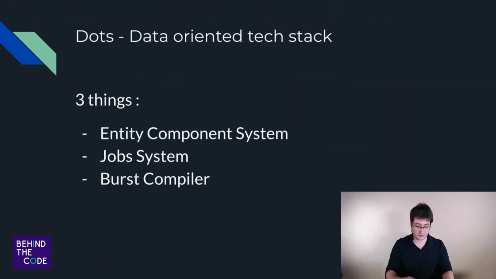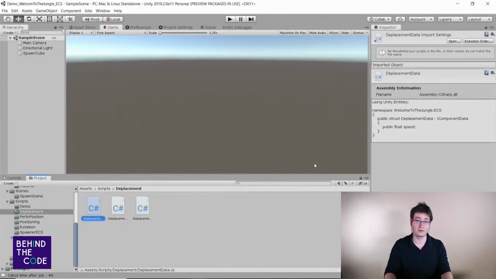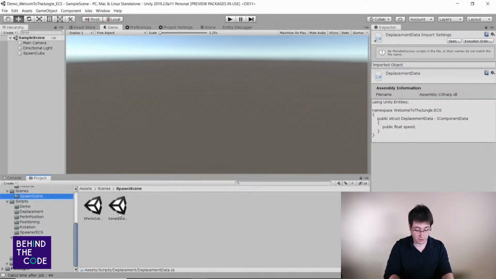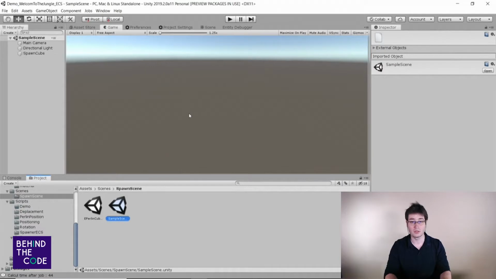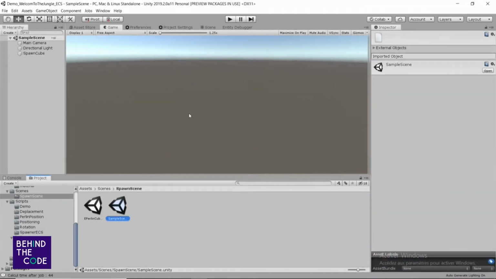DOTS, what is that? It's composed of three things: entity component system, job system, and burst compiler. But first, a little demonstration of the performance of DOTS. First, we will spawn 10,000 cubes the normal way in Unity, in the object-oriented programming paradigm.